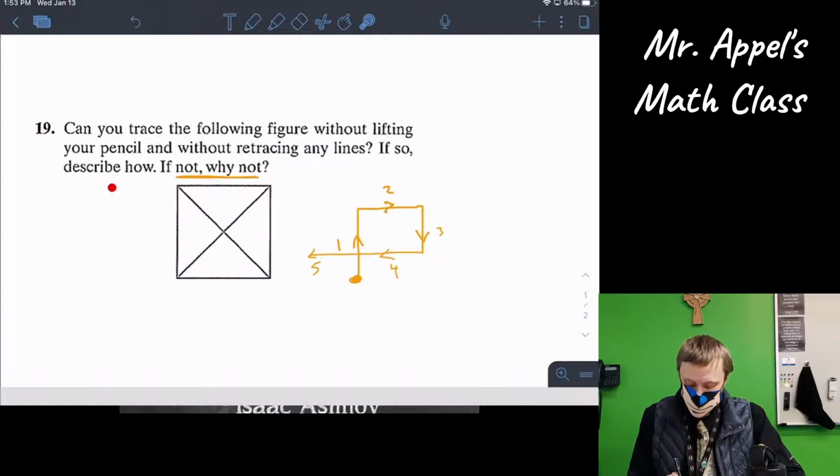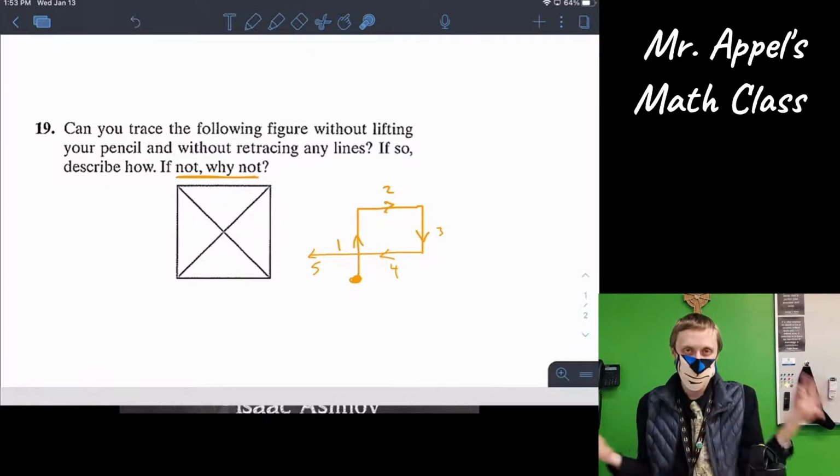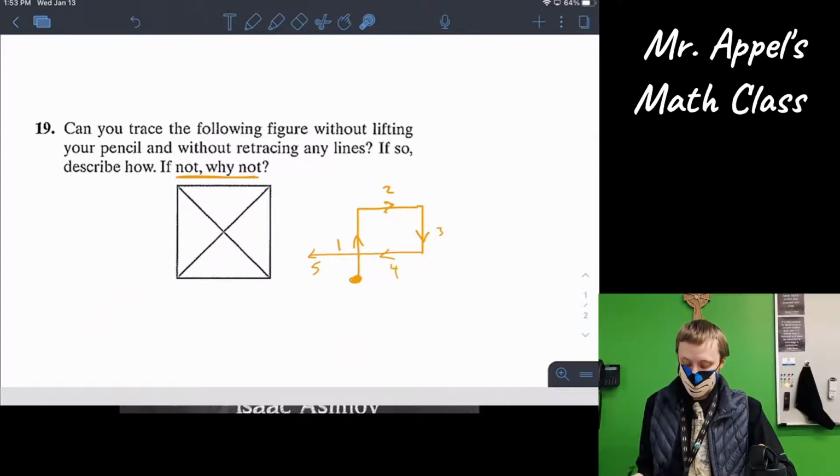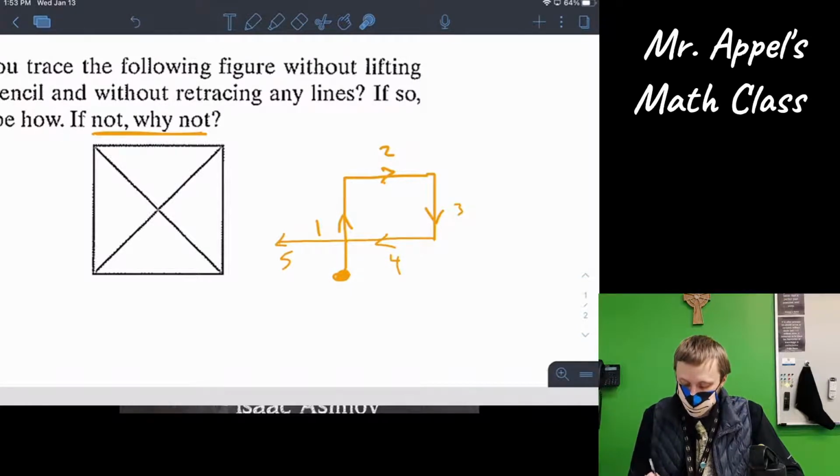So if you can find out a way to do so, don't just upload your picture of the shape, because then I have no idea if that worked or not. Instead, what I'd like you to do is detail your diagram a little bit. Give us a nice big dot where you started. And along every line, give us a little pointing arrow, what direction you're going, and then number each segment as